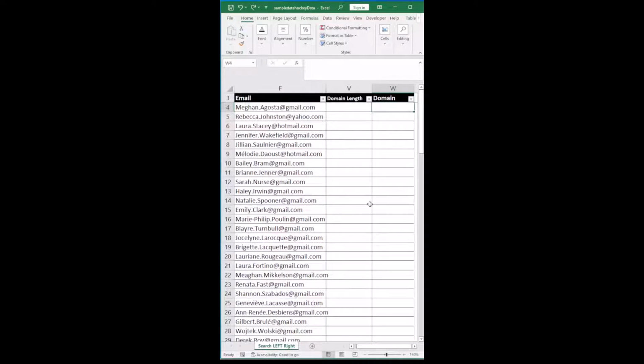And welcome. In this video, we'll talk about the RIGHT function in Excel. In the previous video, we talked about the LEFT function in Excel, which is used to extract a certain number of characters from the left side of a string. In this video, we'll use the RIGHT function, which is used to extract a certain number of characters from the right